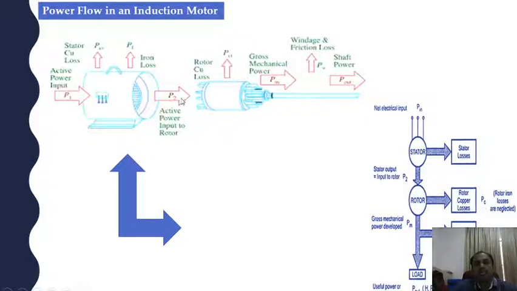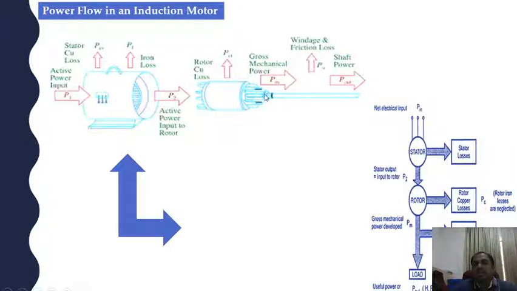That is active power, and this output power is given as an input to the rotor, that is active power input to the rotor. The output that comes from the stator is given as input to the rotor. The rotor output is the gross mechanical power, PM. P2 is the rotor input and PM is the gross mechanical power output. What type of loss is available in the rotor? Rotor copper loss. In the stator there are two losses, stator copper loss and iron loss. Here in the rotor, only copper loss will be available, no iron losses.